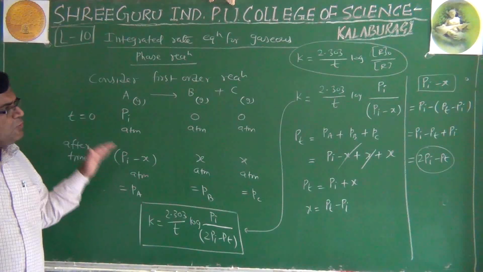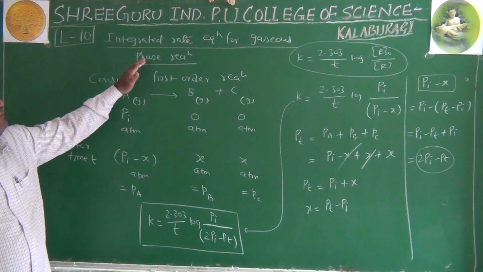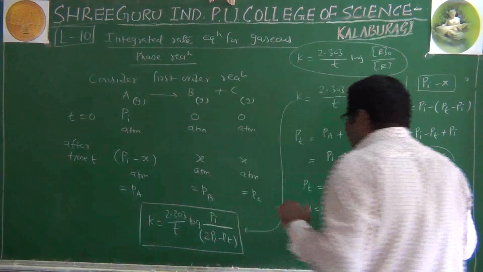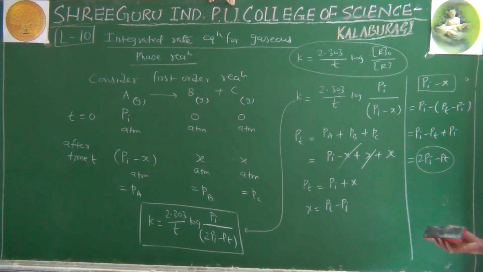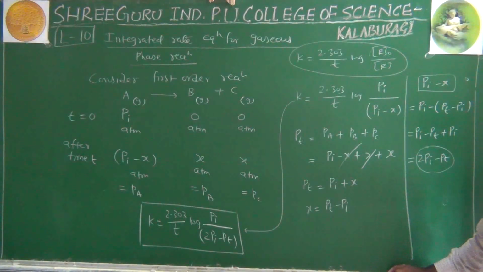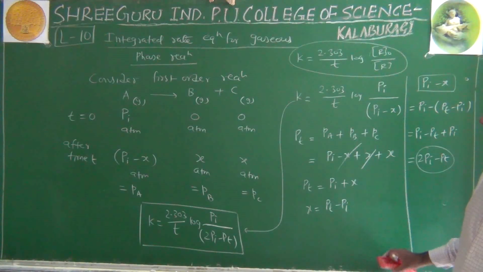So we have derived it for zero order, first order, and for gaseous phase reaction which is of first order. We'll make a list of these formulas when we see the next concept, namely half-life period. So you have to practice this again and again. The equation looks simple, but when you write it yourself, you may find it difficult if you are not practiced enough. So practice of all these derivations is very much required.